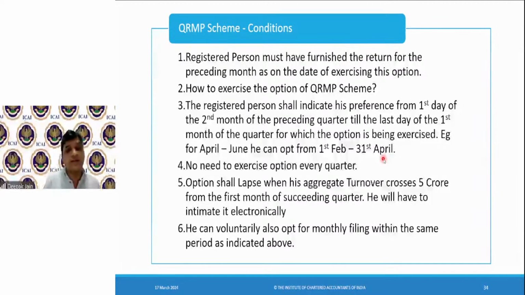Can we claim ITC? Yes, we can claim ITC in case of QRMP. If you're doing a manual assessment, a manual calculation, you can claim the credits and pay the net liability. If you're paying based on the fixed value, then you pay 35% of your previous tax liability. So effectively, you can claim the ITC. QRMP doesn't mean that it's like composition where you can't claim ITC; that is different. Here, you're paying quarterly, but you can claim it.